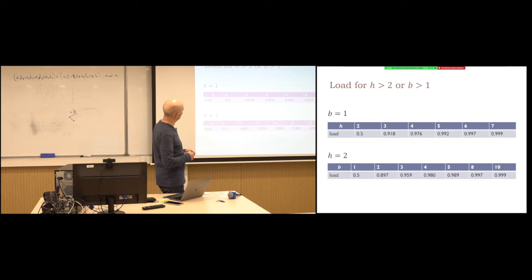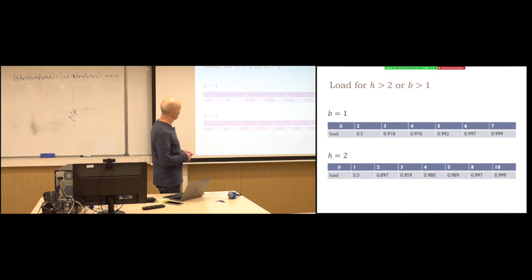So if you have two hash functions as in the basic version, this is 0.5, a little bit less even. If we have three hash functions, it's already 0.918. So it's a huge increase of the memory usage. Okay? It's really amazing that just using three hash functions instead of two, we have such a huge increase in the memory use. And here is another table which shows the dependence on the number of items held by one